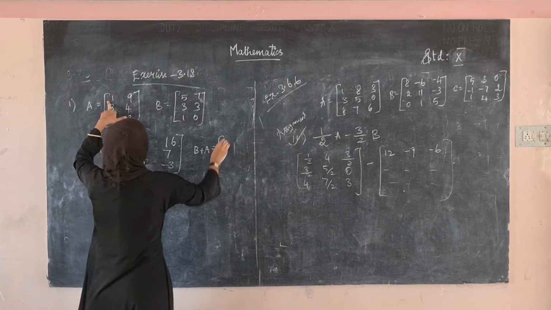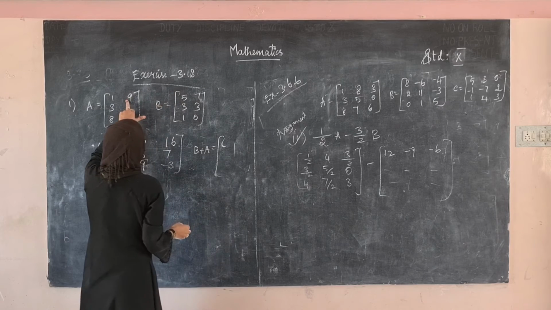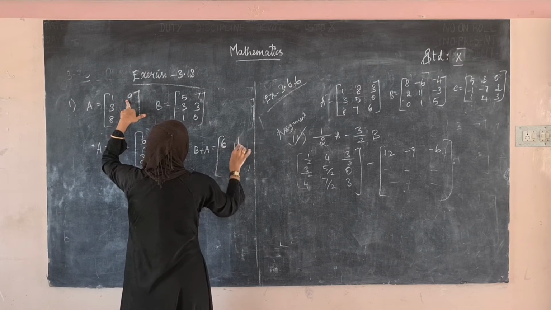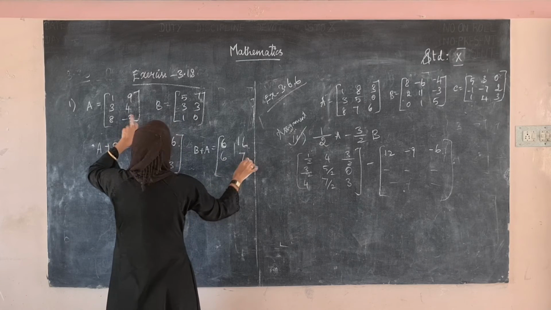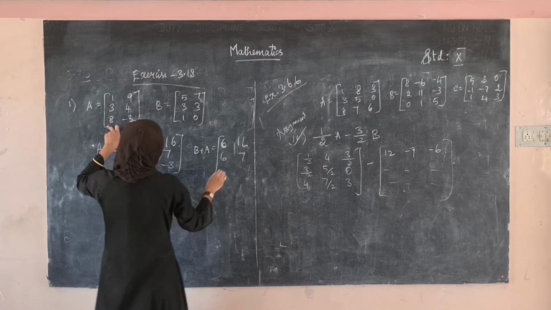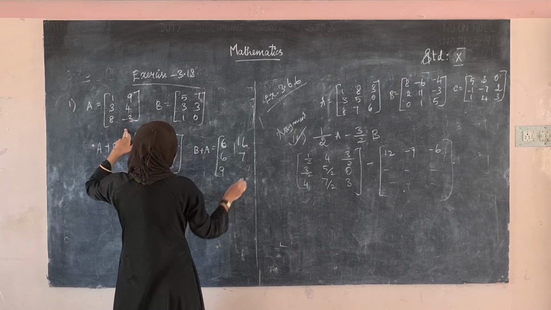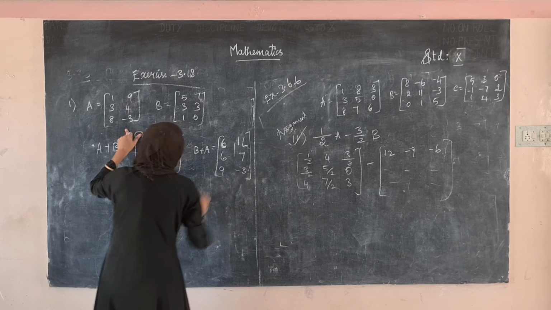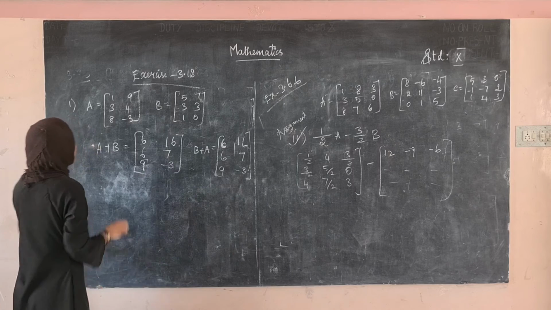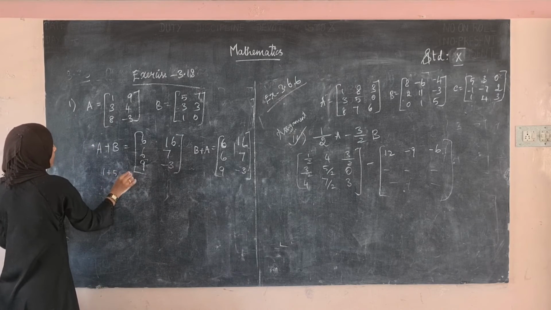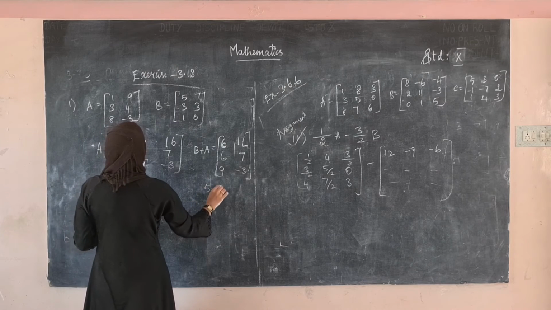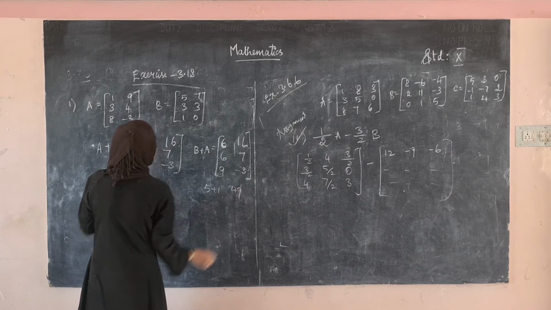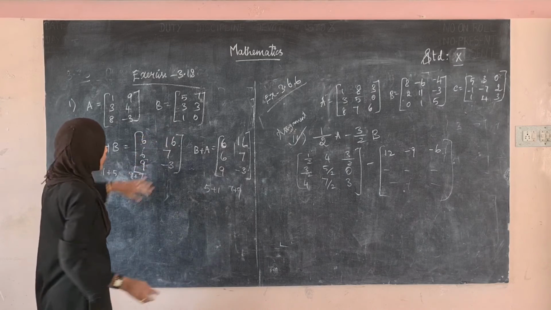5 plus 1 is 6. 7 plus 9 is 16. 3 plus 3 is 6. 3 plus 4 is 7. 1 plus 8 is 9. 0 minus 3 is minus 3. See, I have written directly, but you have to write 1 plus 5, 9 plus 7 like that. For this, you have to write it as 5 plus 1, 7 plus 9. Okay, there is a step you have to write that only for your exam.